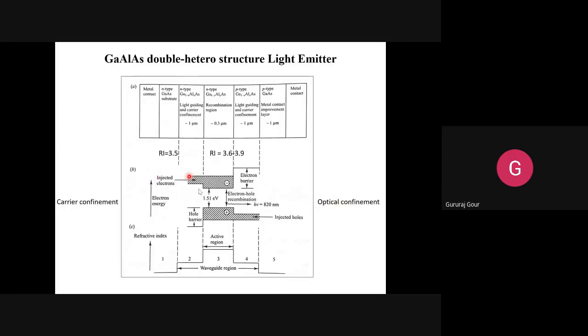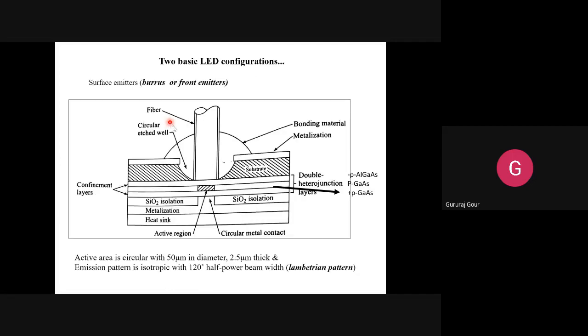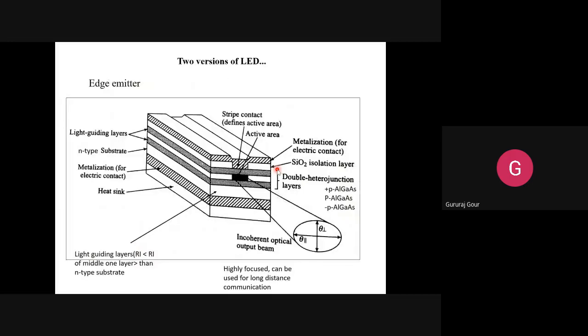So here you can see the carrier injection is taking place. The n-type substrate layer may be here or here, wherever you are getting the substrate, in the surface emitter or in the edge emitter. So wherever you are getting it, the substrate is taking part in that. So the carrier injection layer, carriers are injected. Majority of the carriers are injected into the top layer. Why? Because we want more carriers to fall from the top, that is, from the conduction to the valence band.